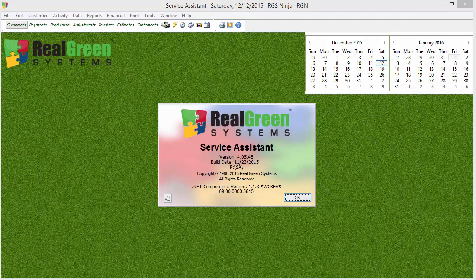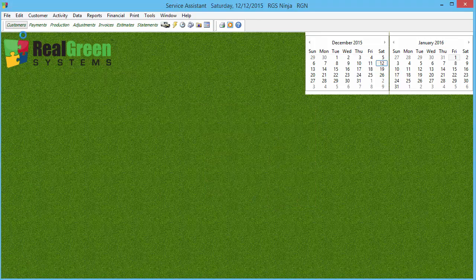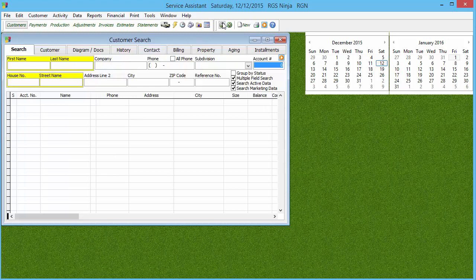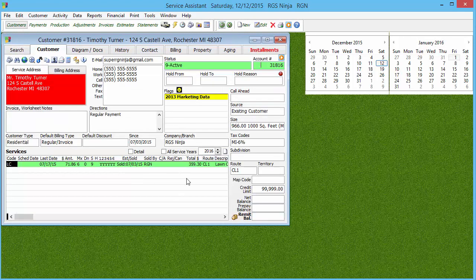And I want to start out by talking about jobs. A job is something that you give your customer. So when you open up a customer's account here, there we go, this right here is a job. A job can be a program. It could be a special job. It could be a repeating special. It could even be a service call. So again, a job is doing something for your customer.